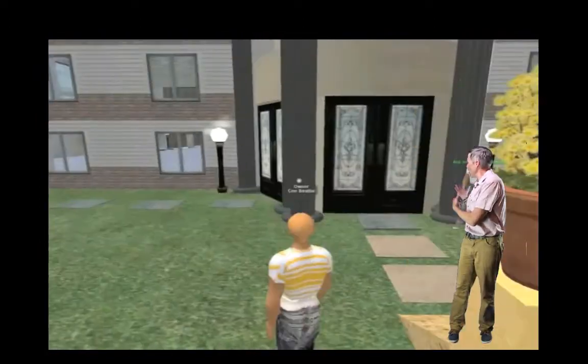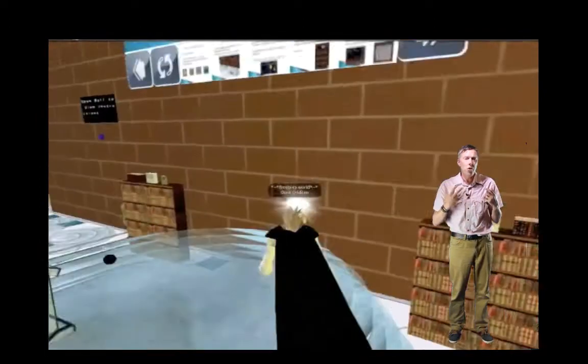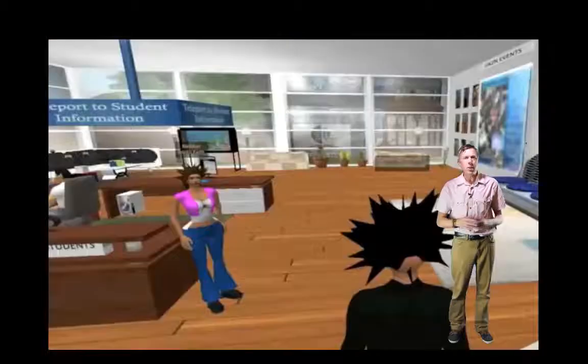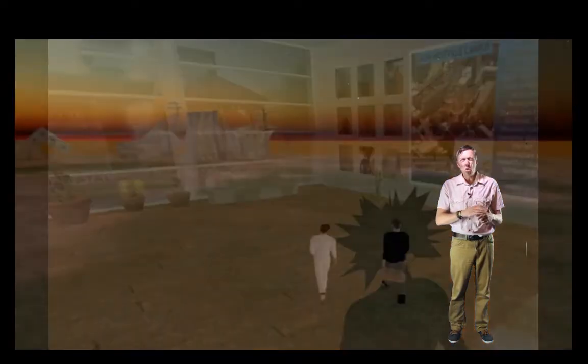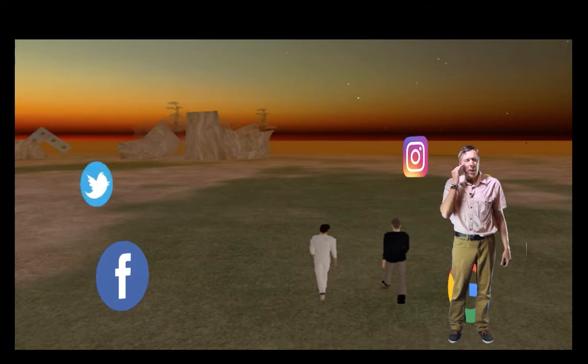And we've even created amazing things like this. Online spaces that are digital replications of the real world. We've created lecture theatres and libraries, and we've explored social media spaces from Twitter to Facebook to all these incredible things. Yet over and over again, I'm not sure that I'm getting it right because it just doesn't seem to be working.